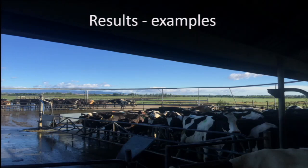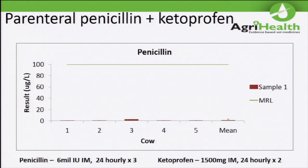There are too many results for me to show you all of the graphs, so I've chosen a select few groups to present to you today. On this graph, down the bottom of each graph you can see the treatments that were administered, the dose that was given, and the frequency of those treatments. The graph presents the 5 cows from the treatment group with the group mean on the far right and the